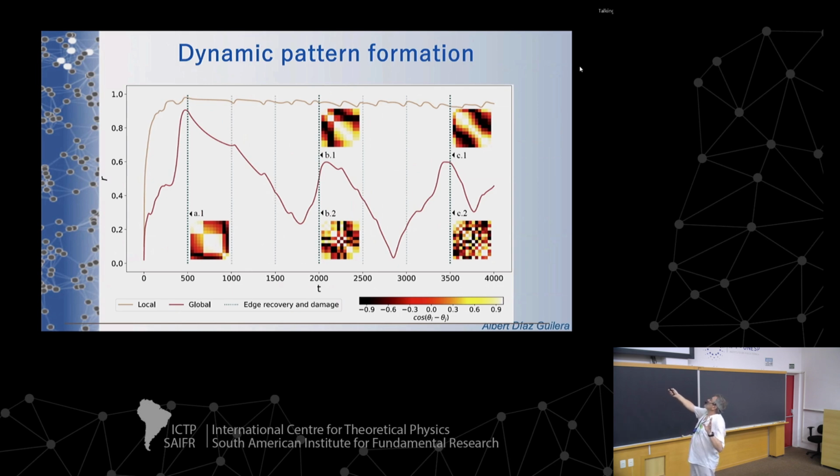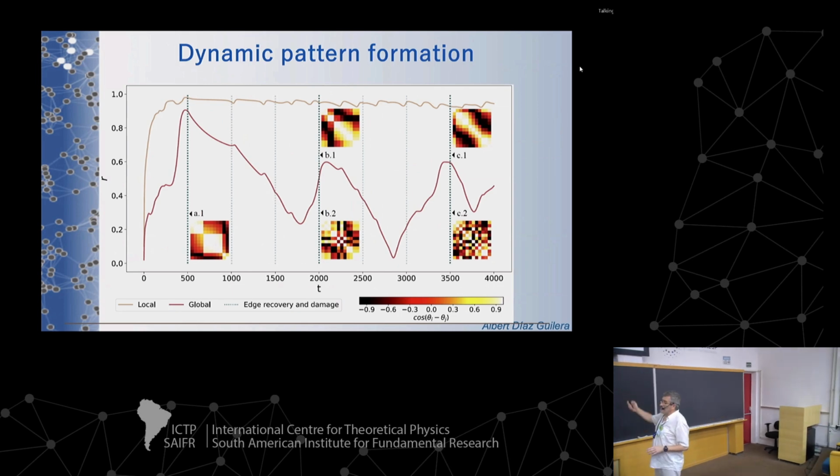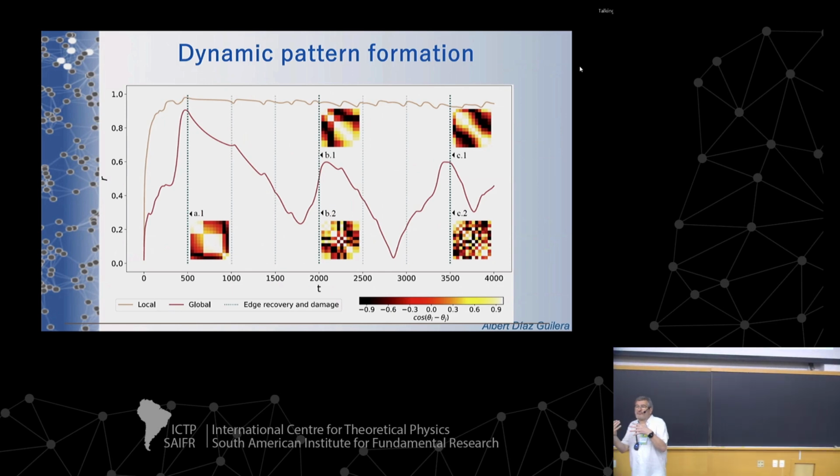The reason these pictures are different is that this picture corresponds to the time, and here we use the same reordering as there, and you see there is no correlation. Here we take their own optimizing reorder in order to see the correlations. So you see that the correlations here and here are different, and the patterns that we get in one case or the other are very, very different. So for us, the interpretation was that you get not a stationary pattern, but a collection of patterns.